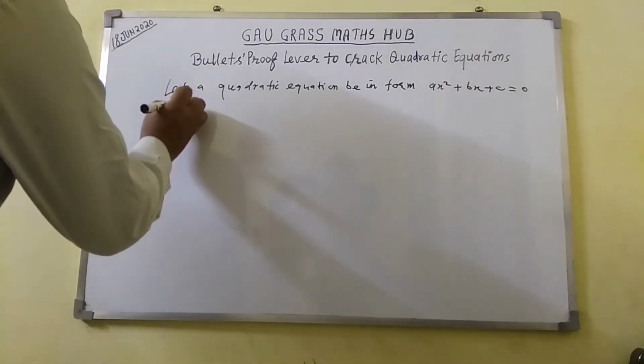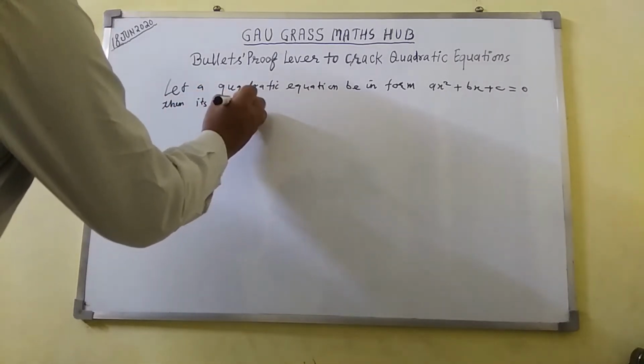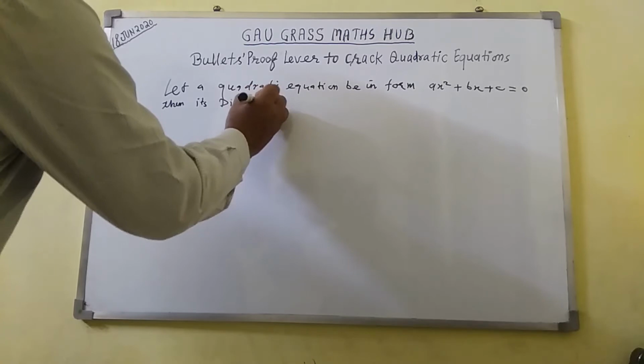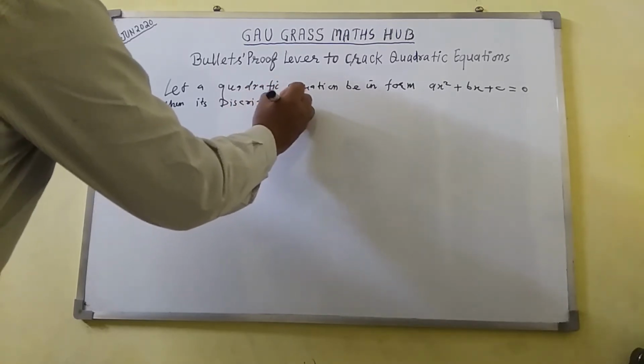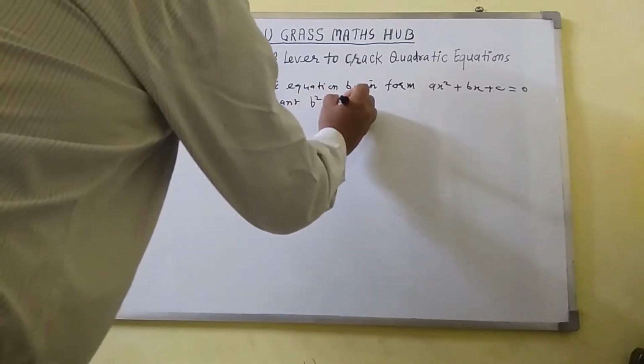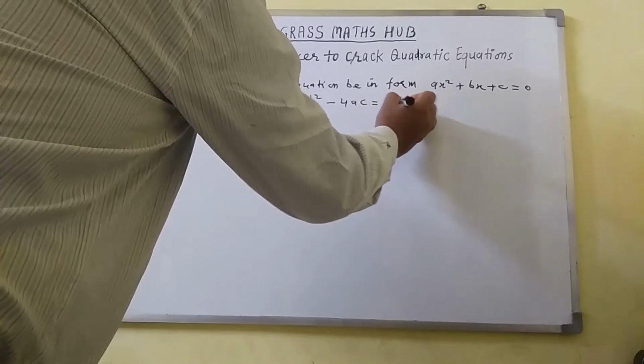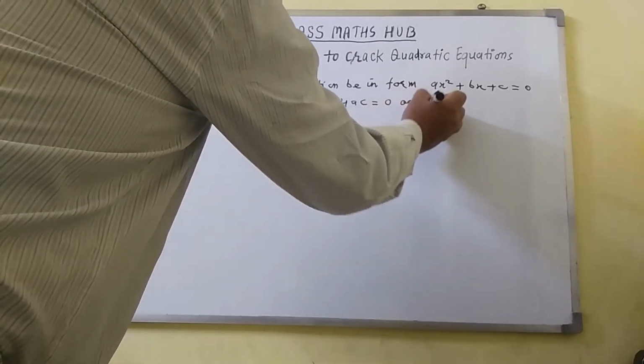Then its discriminant, b square minus 4ac, equal to 0 or a whole square,